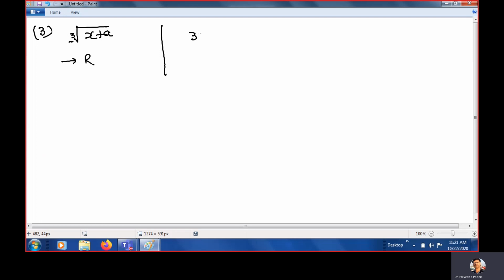While if you check this 1 upon, means the same function x plus a, and 3 is here. Clear? What is the domain? Domain is same. Domain is no change. Clear? But only what is the change? You need to remove one number. What is that number? That which makes this equal to 0. And the value of x that makes it 0 is minus a. Minus a plus a is 0. So we cannot consider minus a.